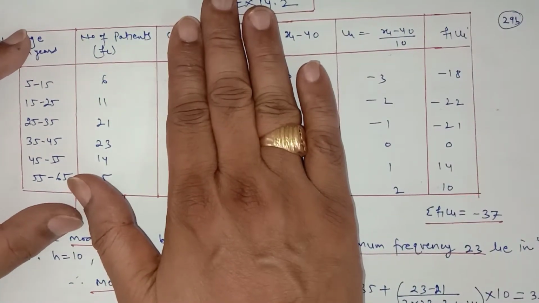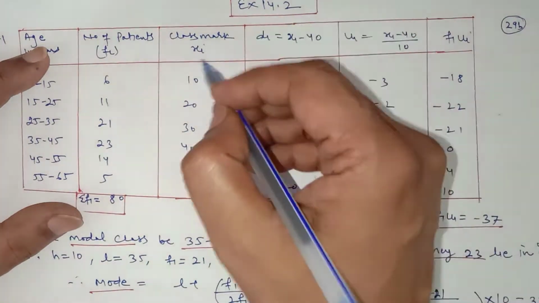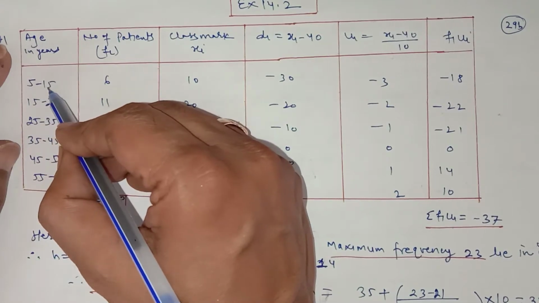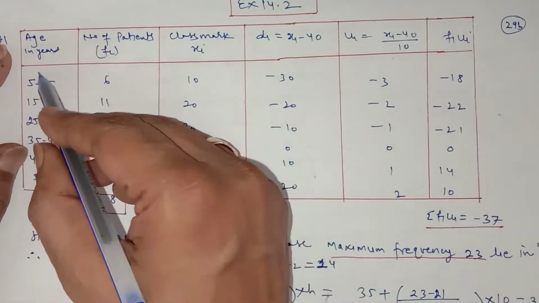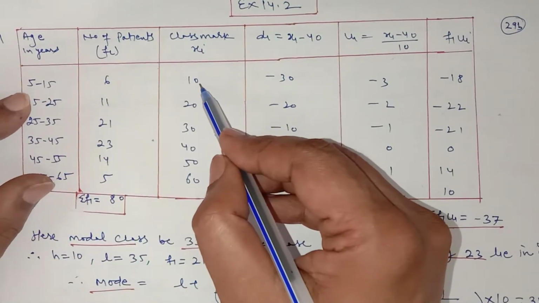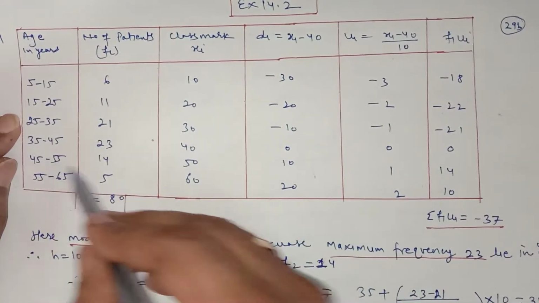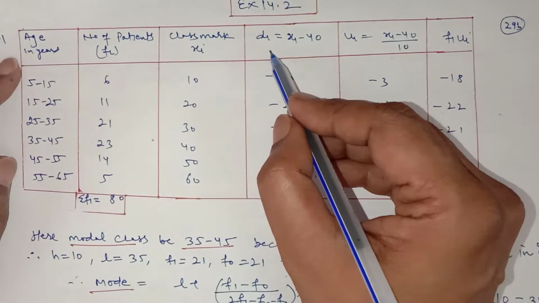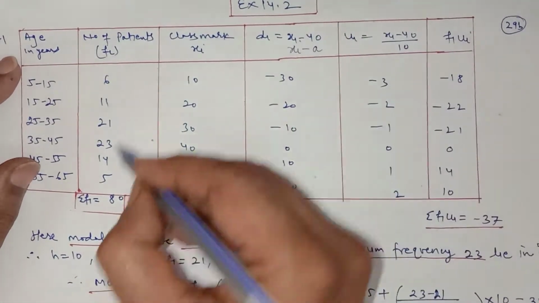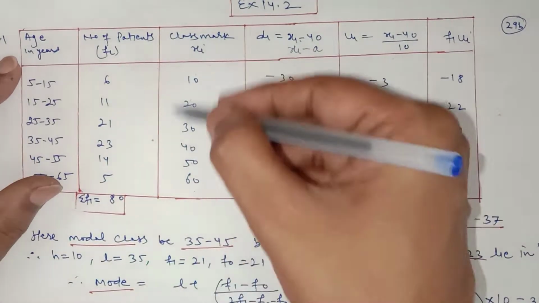So to find the mean, as usual in the first exercise, first of all find the class mark, which is denoted by xi, which is obtained by using (lower limit plus upper limit) divided by 2, the middle value of the class interval. 5 plus 15 is 20, divided by 2 it is 10, and so on. Then 20, its middle value will be 30, then 40, 50, 60. Then you have to find the deviation, which is xi minus assumed mean, and the assumed mean we have let here as